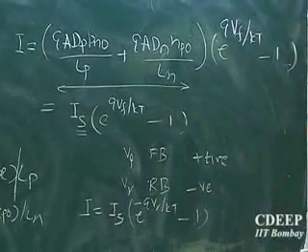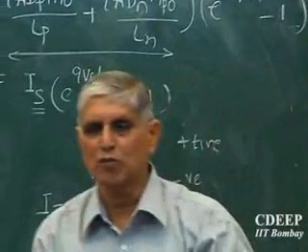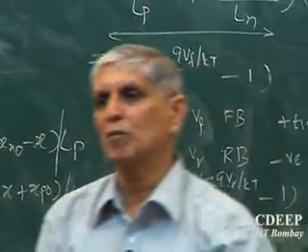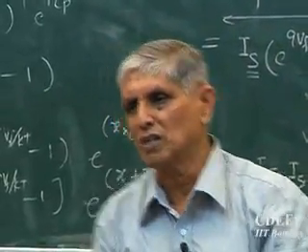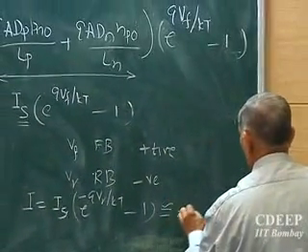So even if VR is of the order of a few volts, or more than 0.1, 0.2 volts, e to the power minus QVR by KT will be much smaller than 1. So practically this will give me